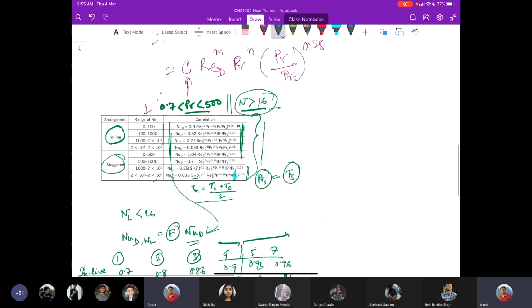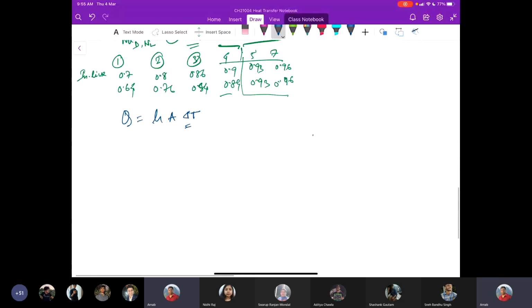Fine. So the logical thinking of delta T could have been that I have a surface temperature and the mean temperature of the shell side fluid. And this mean temperature means it is T inlet plus T outlet divided by 2. Okay, sir. This is the logical thinking, based on the purpose for which we are doing it.